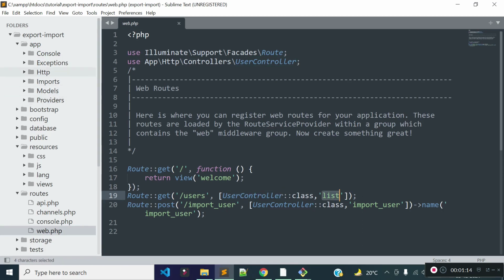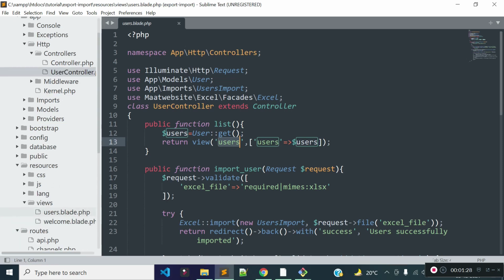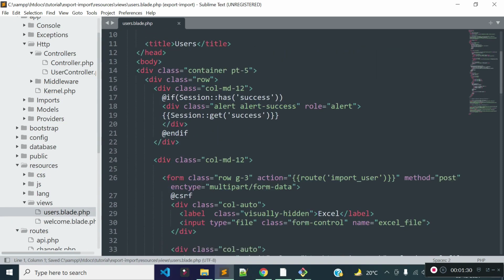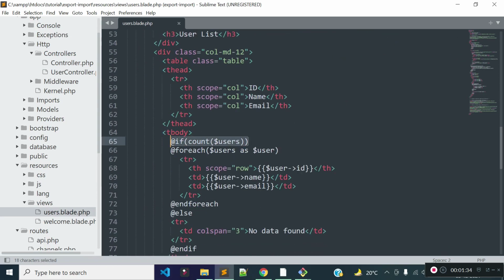Now if I open our users controller list method, you see we are returning a view called users, and we are passing the list of user data to this view file. Now if I open this view file, you see I am checking if any users are found, then we are looping all the users, and we are displaying the user ID, name and email fields.